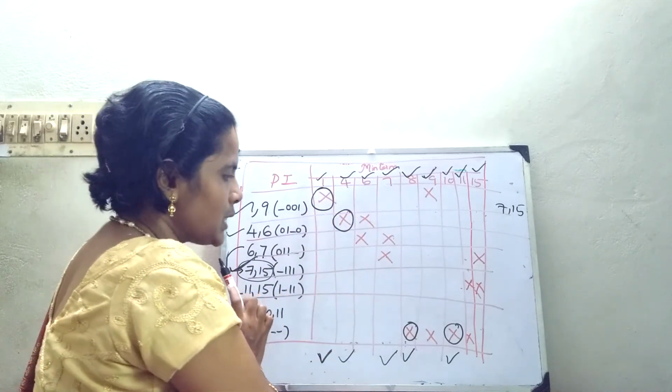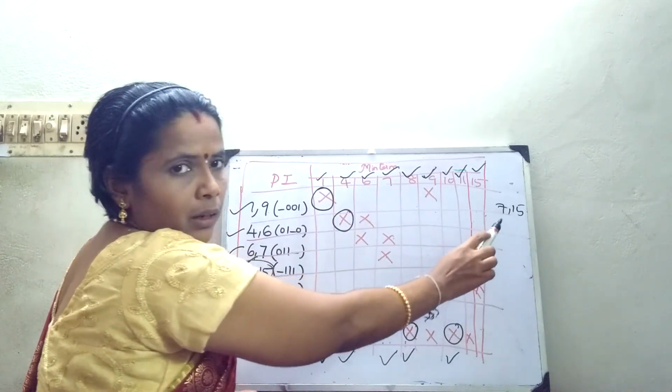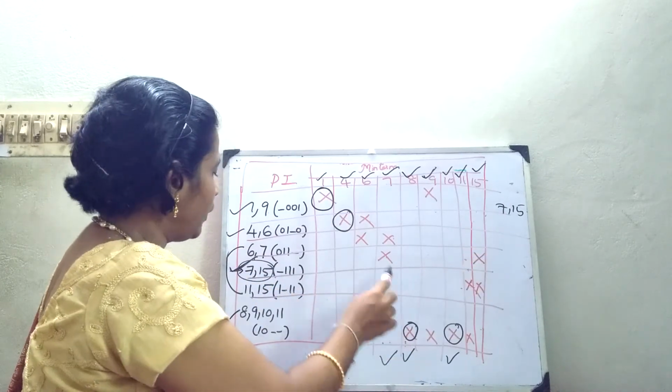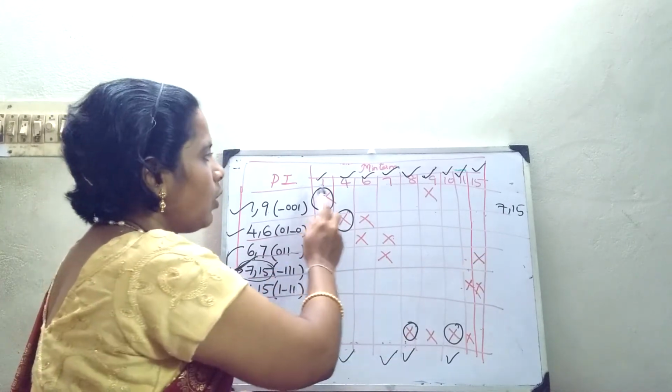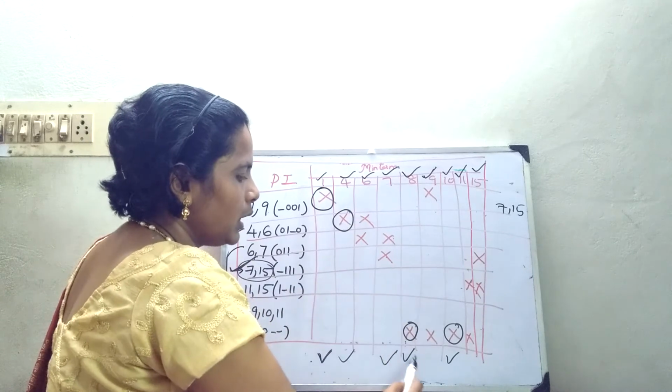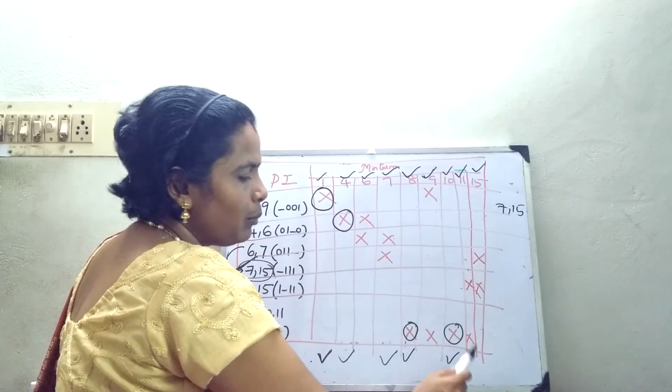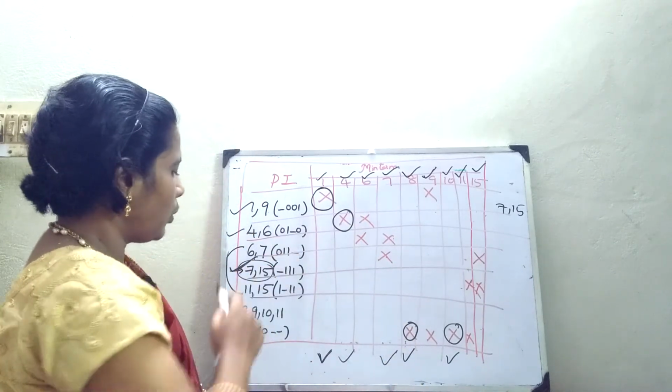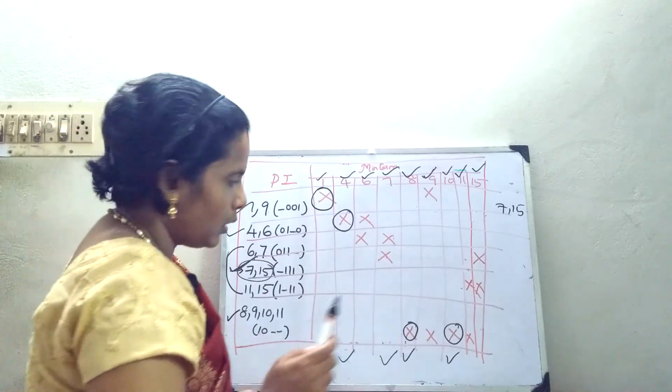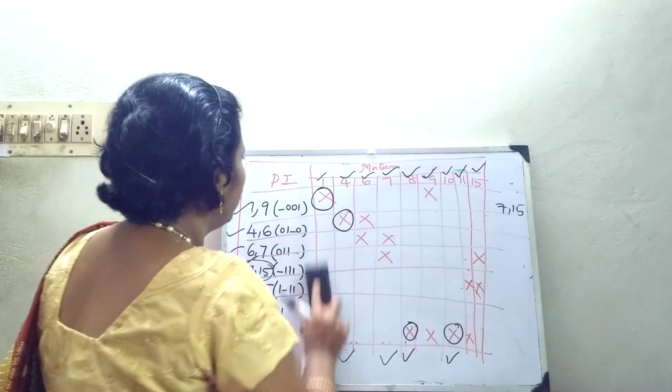Once one set is over, just check which min terms are left out. Accordingly go and put ticks and finish it off, so that all the min terms are included. Column by column, no need to check once again row by row. So now these 4 terms are going to be the answer. So now we will write the answer.